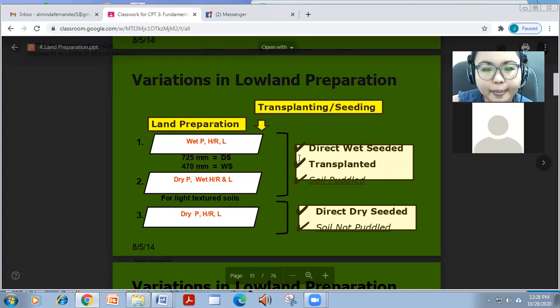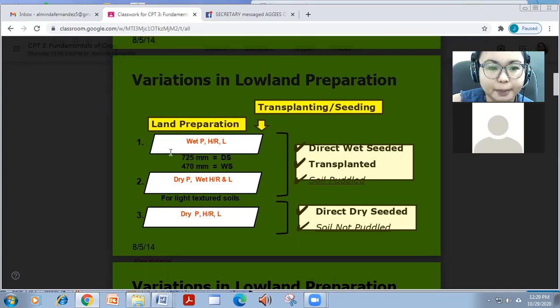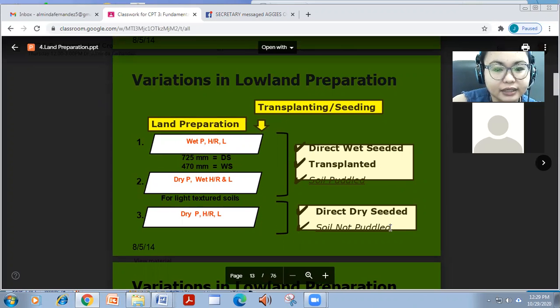We can have the direct wet seeded or pwede ring transplanted siya and then soil paddled. So there are 3 combinations of land preparation, and the third is directly seeded